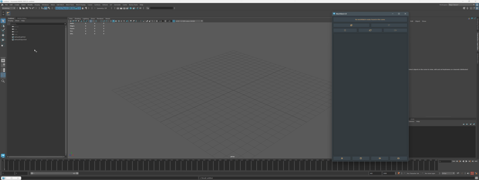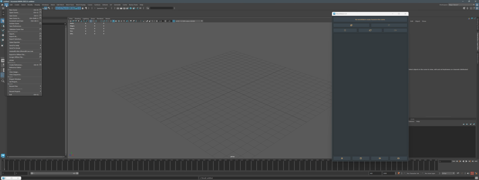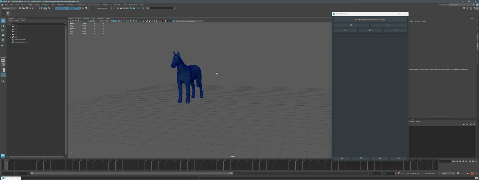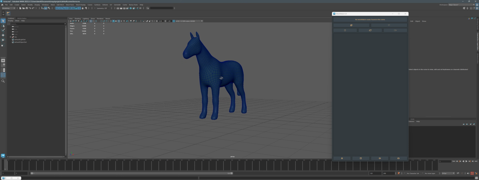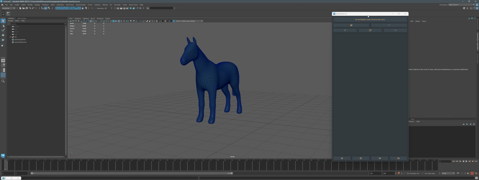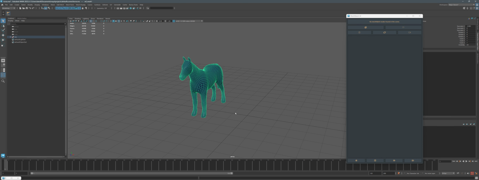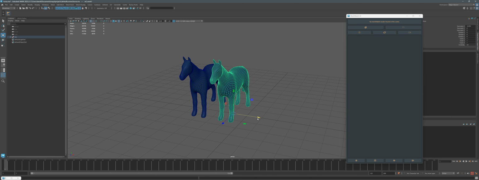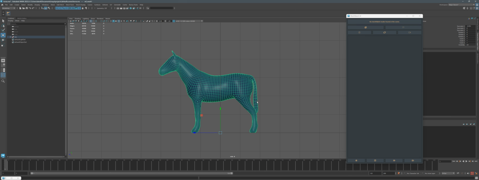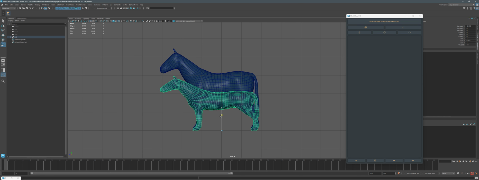So now I will perform a retargeting between two meshes that have the same topology. So let's take our horse from last time, but forget about the cow. We will just take this horse, duplicate it, and then maybe reshape it like this,